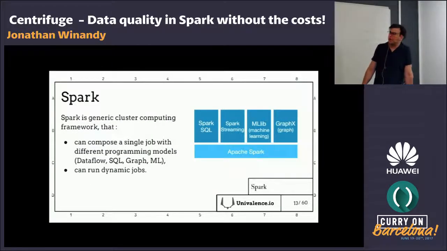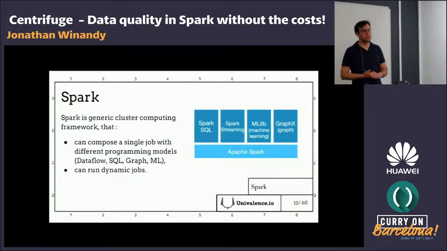So let's talk a bit about Spark. Spark is a generic cluster computing framework. What's great about Spark is you have a coherent set of libraries that can work together to build pipelines running different kinds of programming models.